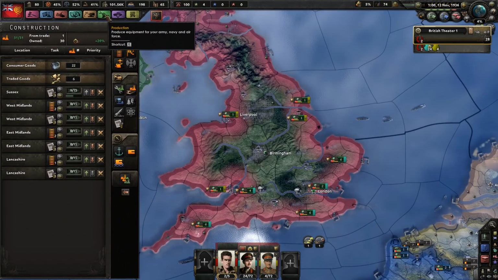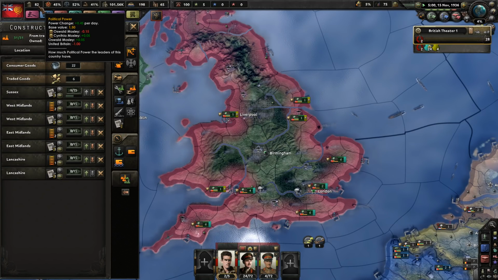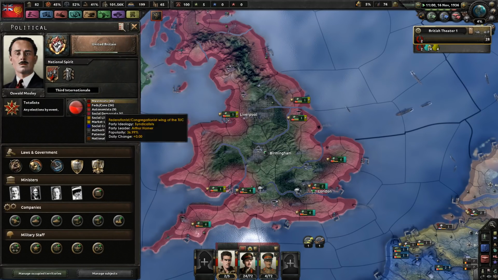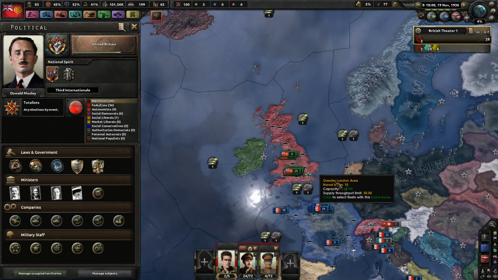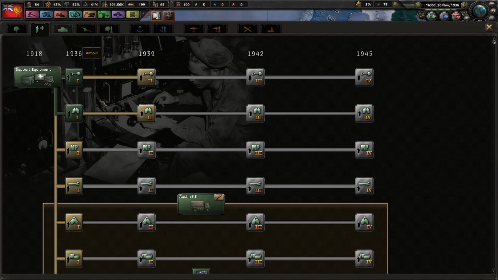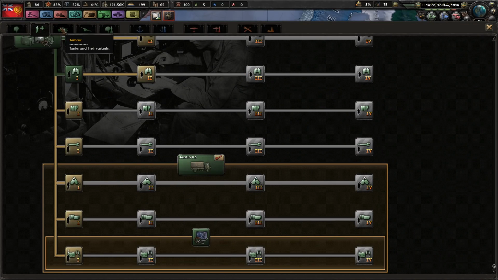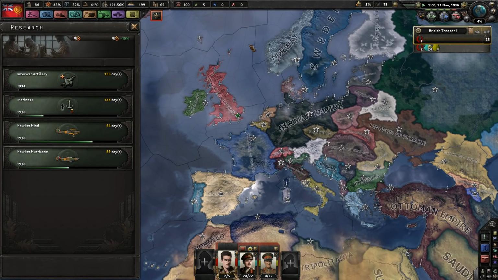Oh well. Alright. I need political power, to be honest. Who the hell is Cynthia Mosley? Our foreign minister. Huh. Elections in Italy. Concentrated industry, very good. Not yet. Don't care much right now. We'll do this. We're still in 1936, so...